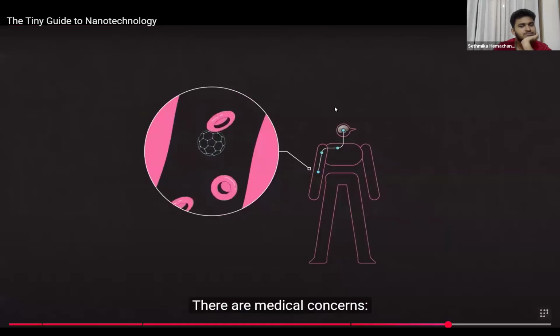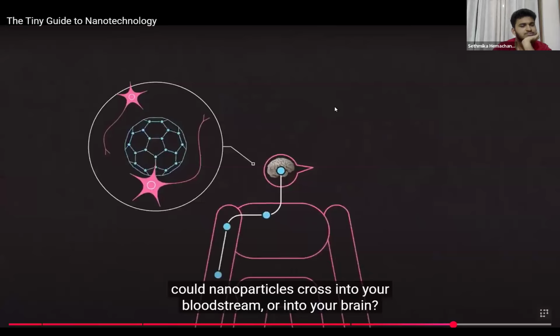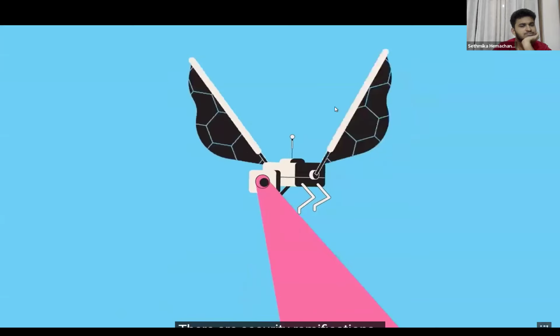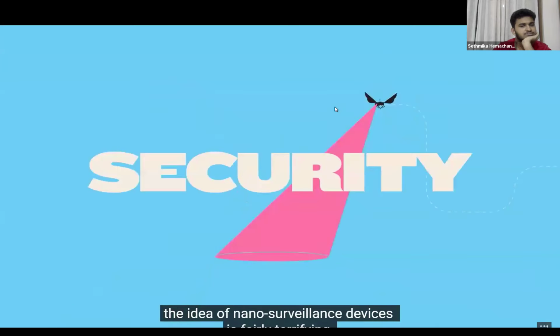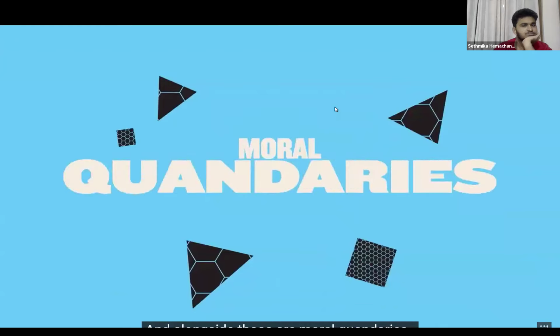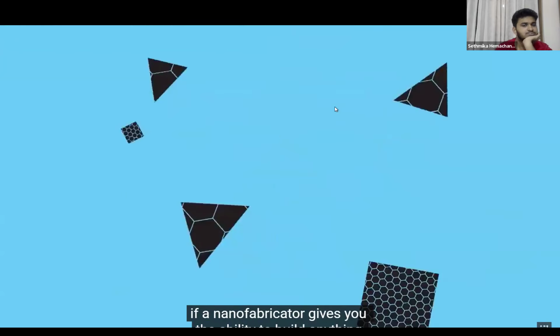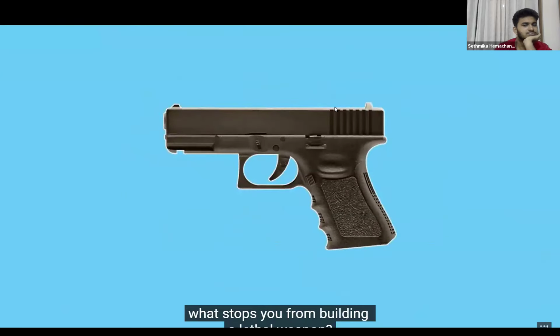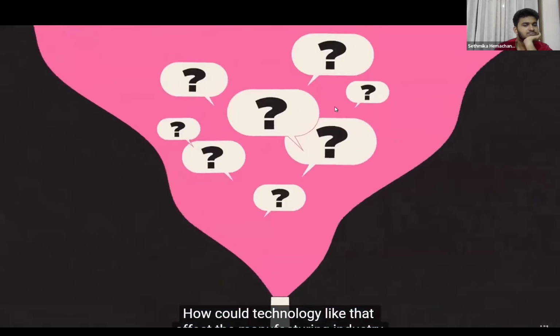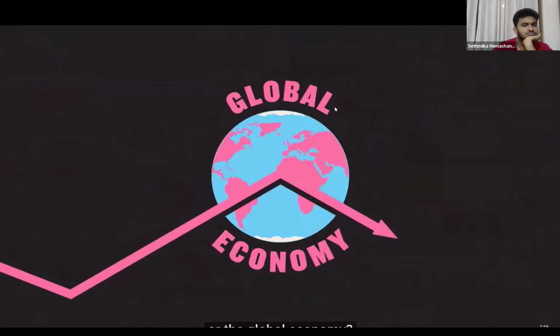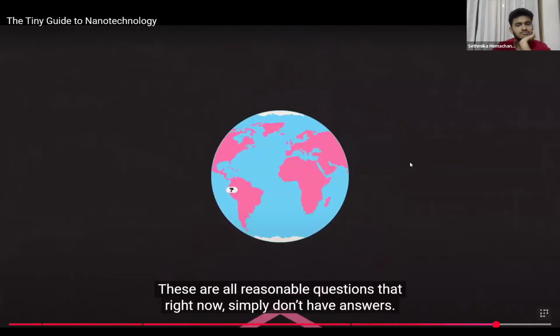There are medical concerns. Could nanoparticles cross into your bloodstream or into your brain? There are security ramifications. The idea of nano-surveillance devices is fairly terrifying, and alongside those are moral quandaries. If a nanofabricator gives you the ability to build anything, what stops you from building a lethal weapon? How could technology like that affect the manufacturing industry or the global economy? These are all reasonable questions that right now